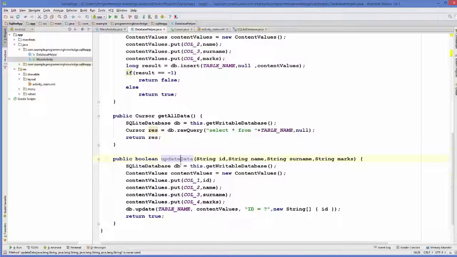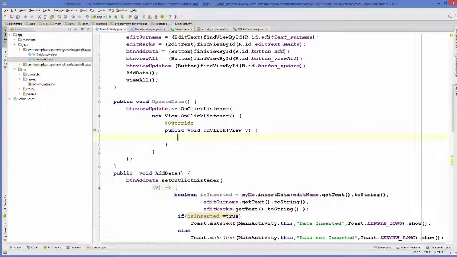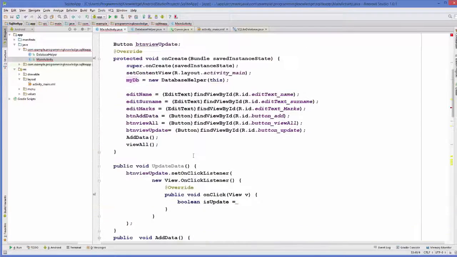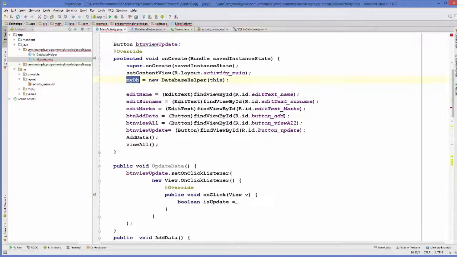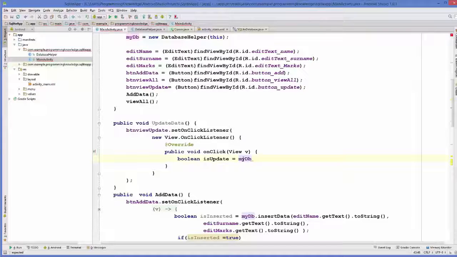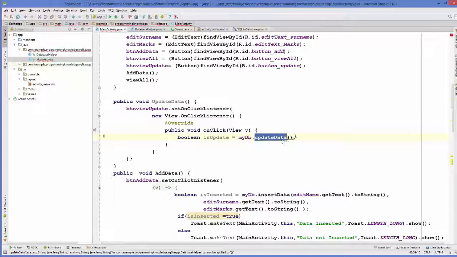And now what we are going to do is in our main activity.java file, inside this onClick method, we will declare a boolean to check if the data is updated, and we will name it as isUpdated is equal to, and now we are going to take our my database instance which we have created in our previous videos from our database helper class, right? So mydb dot update data, and now this update data function takes 4 arguments, as we know: ID, name, surname